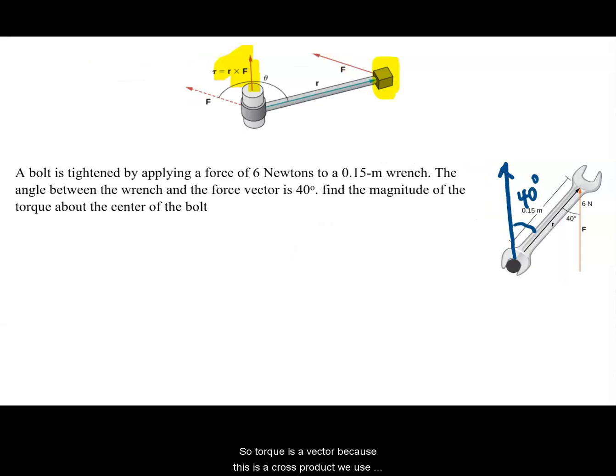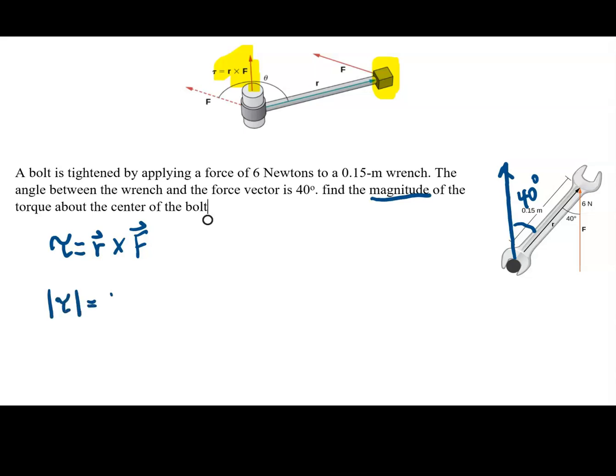So torque is a vector. Because this is a cross product, we use the Greek letter tau, and torque is that radius arm crossed with our force. Now, in this particular case, we're just asked about the magnitude. So we're looking for the magnitude of the torque, which is going to be the magnitude of R cross F,